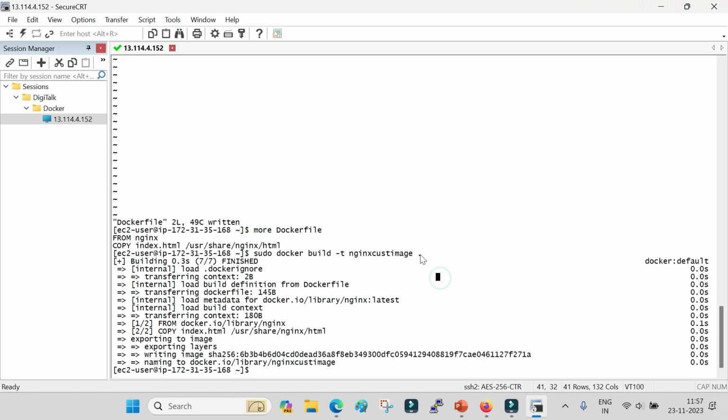So if you don't want to specify dot, or you don't want to use the default name, you can create the Dockerfile with any name, but for that you have to specify the -f option and the file name to override the default Dockerfile name. But most of the time we go with the default name, which is Dockerfile. So now you can see that our new image is created, and if I verify it,